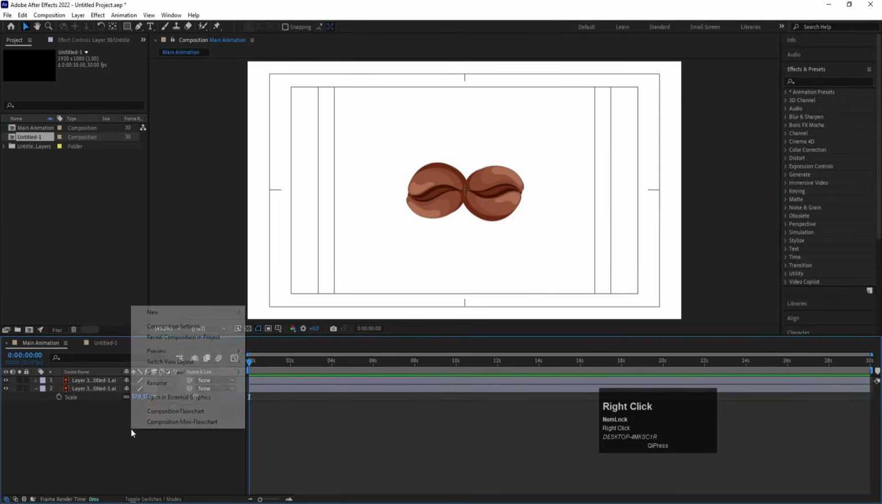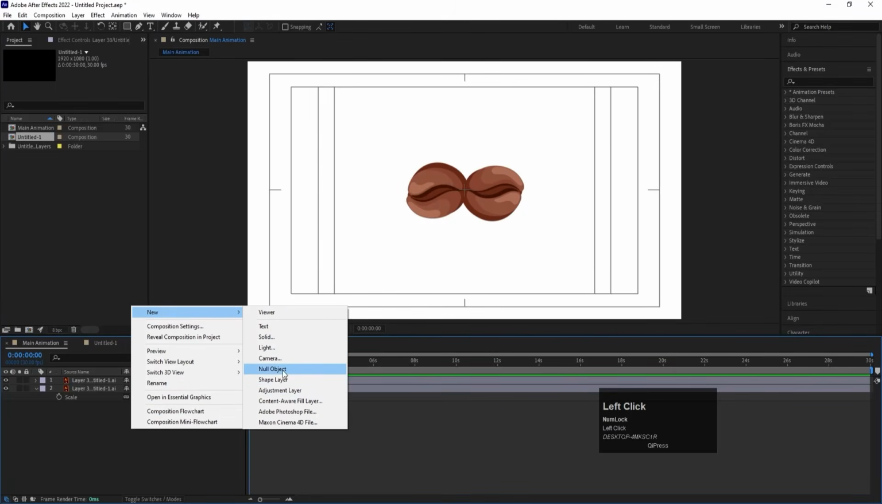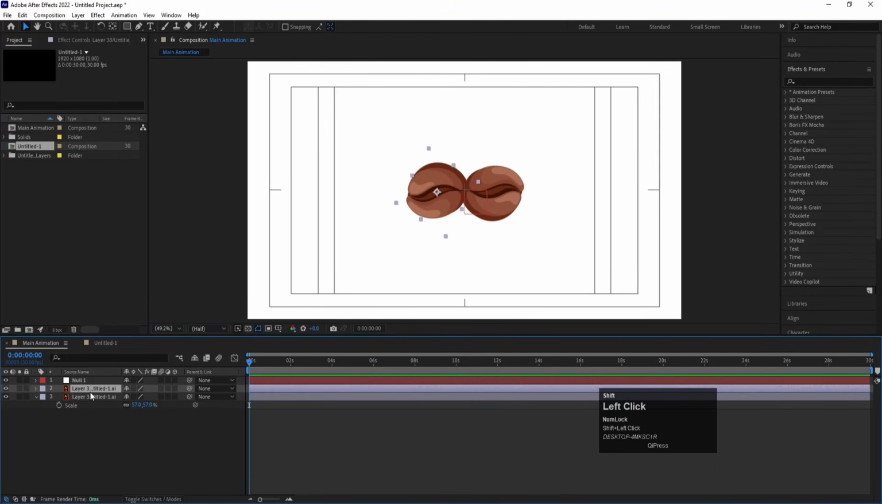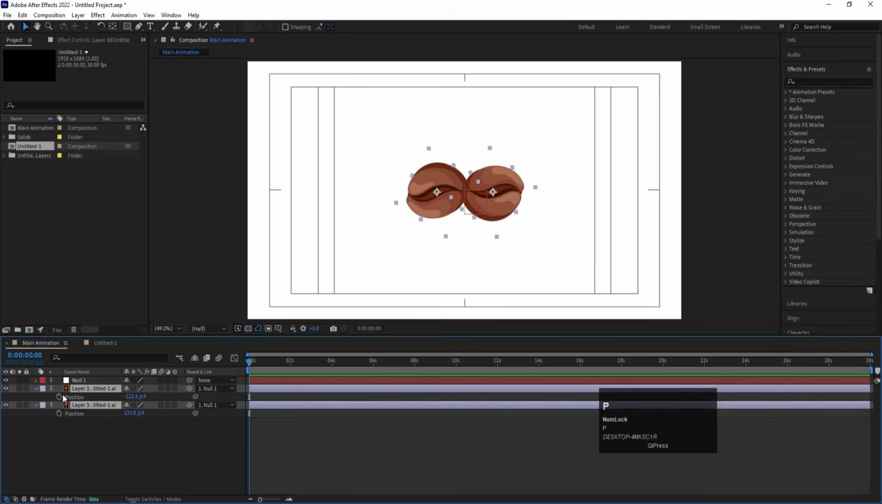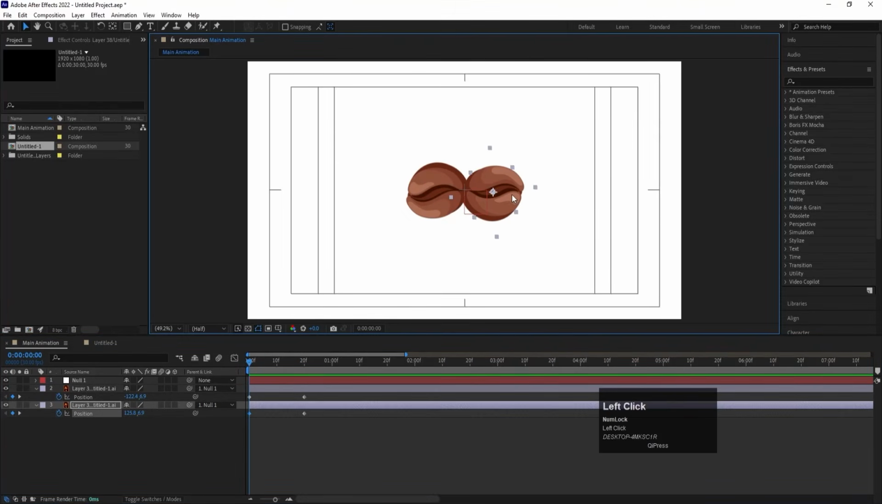Then after that, I'll right click, new, and I'll create one null object. Then I'm going to select both of these layers and let's parent them with this null. Then select both of these layers and press P for position to create one keyframe. Then go somewhere around 20 frames to create another keyframe and go to the start and let's select this layer